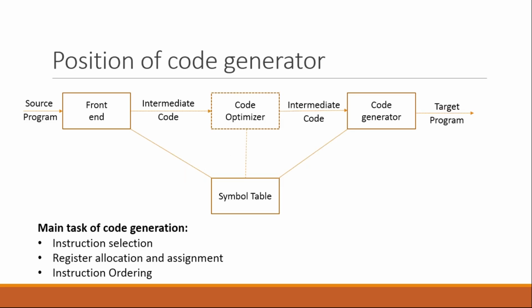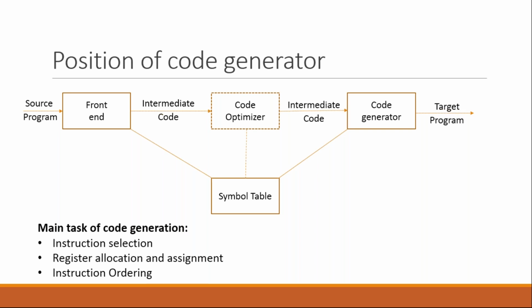Okay, so let's start with the last chapter, that is code generation. Where it is placed in our compiler, you all are aware of that. No need to discuss more related to the phases of the compiler, right? The code generation is also part of your backend processes of your compiler. Why? Because it is not directly connected with your front end, right?